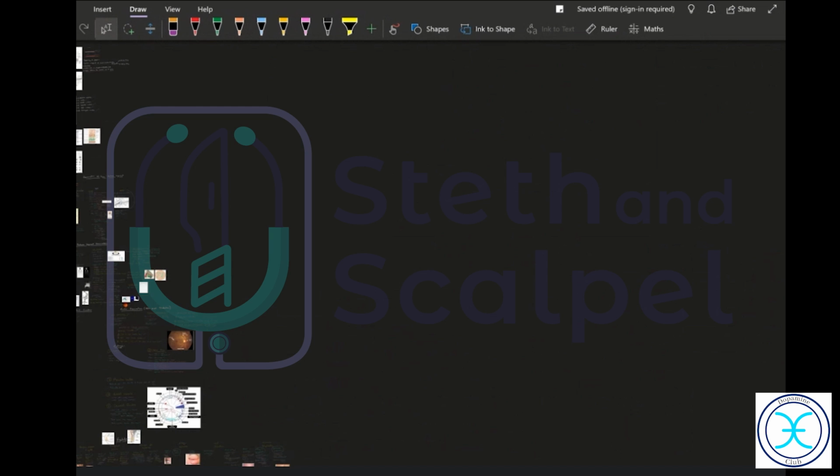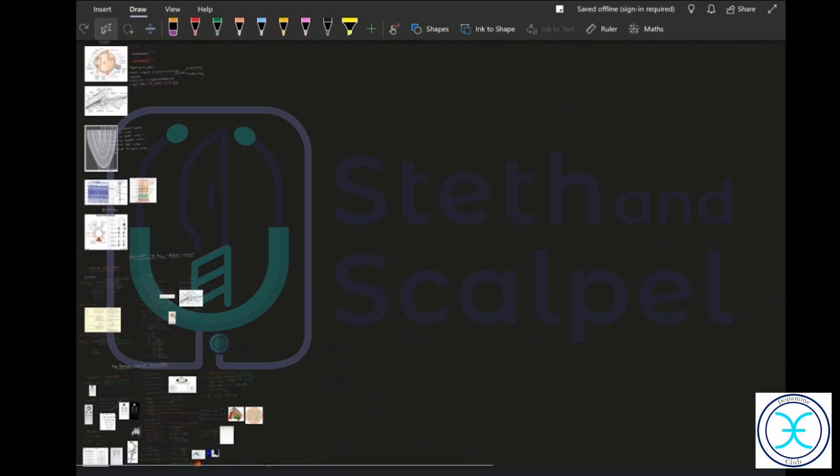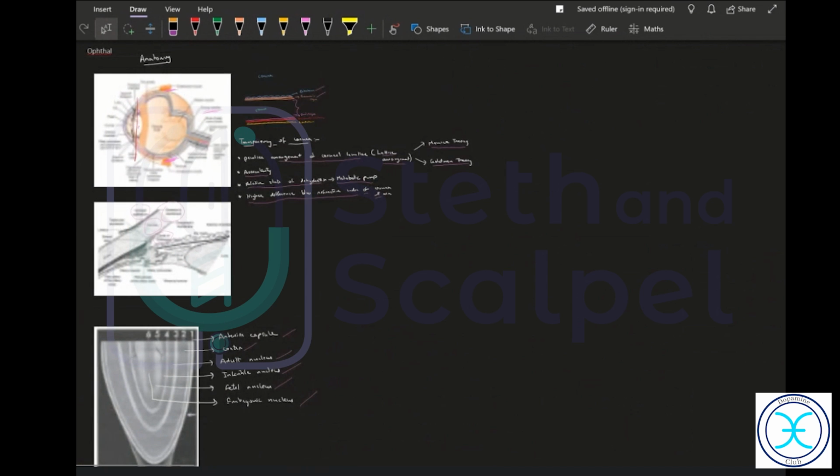The two most important signs you'll see to differentiate between immature and mature cataract are, first, the color of the lens. In immature we can see grayish white. In mature, purely white, pearly white. Next, iris shadow is present in immature cataract. If it's not there, we are going to suspect mature cataract. Anything else?